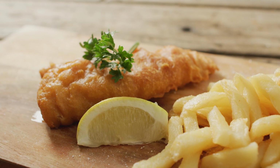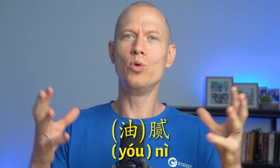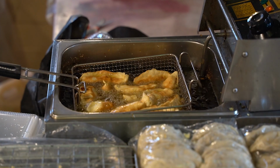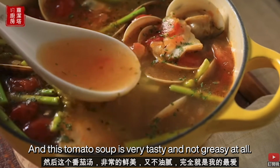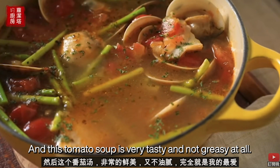Now, this very final word is a word that is very unique to Chinese people, and my wife and I have a private joke with this because obviously she's Chinese and she uses this word a lot every time either I make her food or we go and eat some sort of Western food. And it is 腻, short for 油腻. And it's to do with food being too rich or oily or fatty or greasy, something that just makes you feel a little bit sick if you eat too much of it. 然后这个番茄汤非常的鲜美又不油腻，完全就是我的最爱。